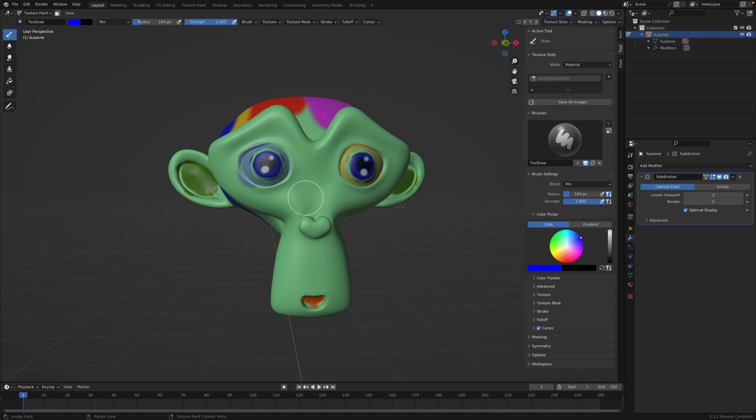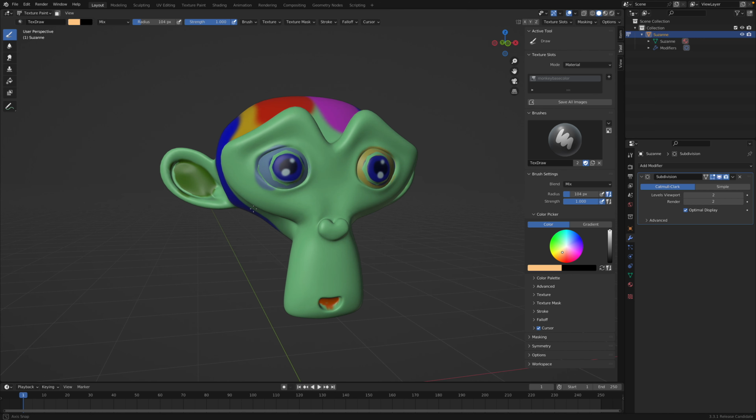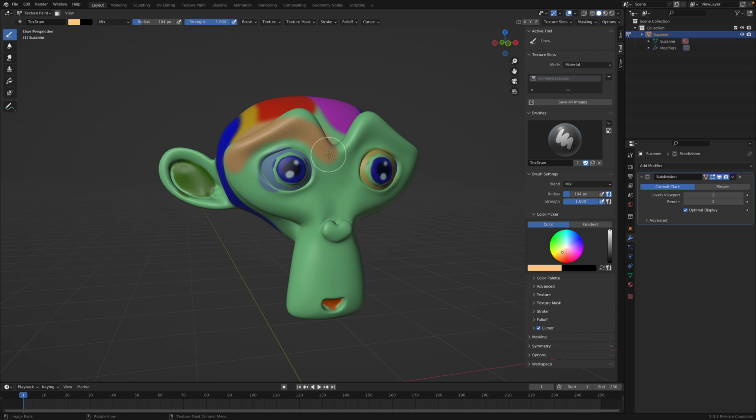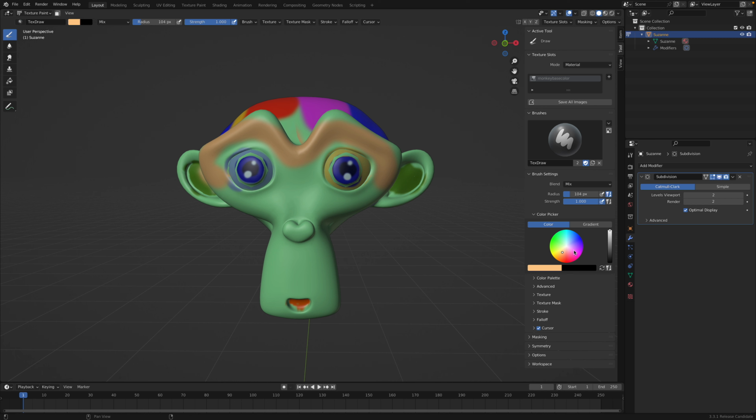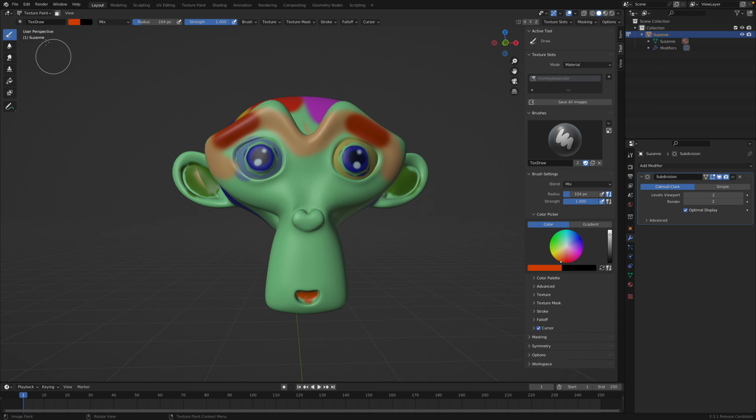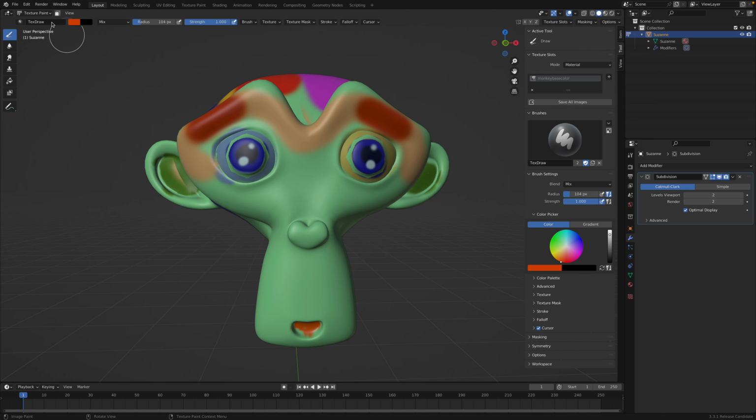I should have given some more color to the face, I think. I don't know, yeah. Maybe give it like some crazy eyebrow. Anyhow,